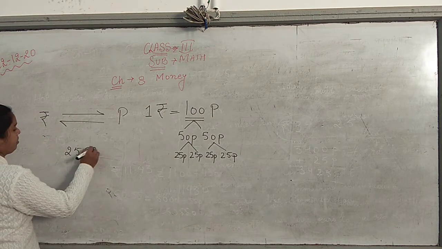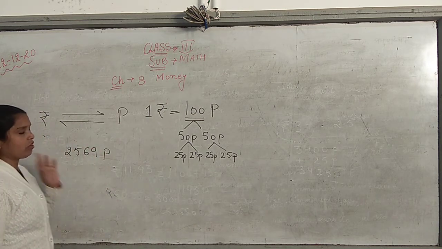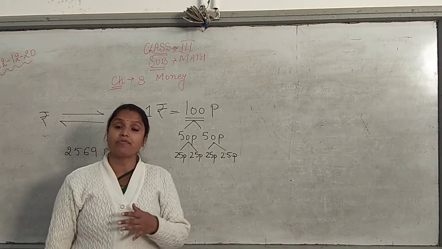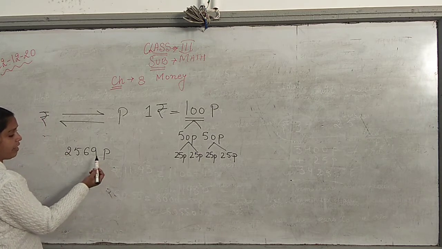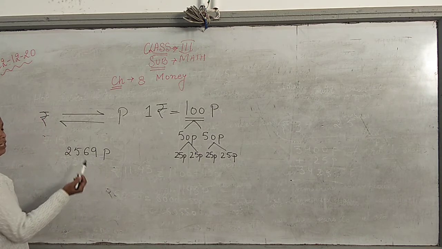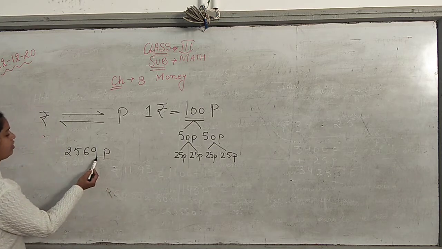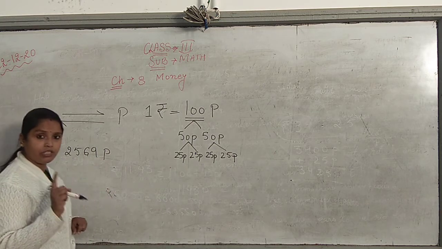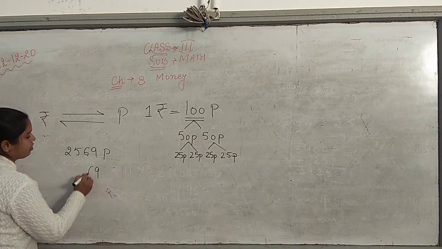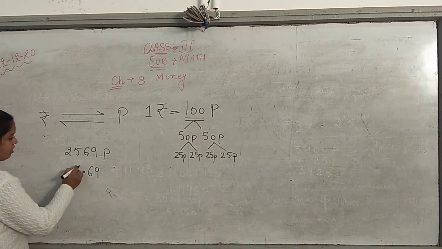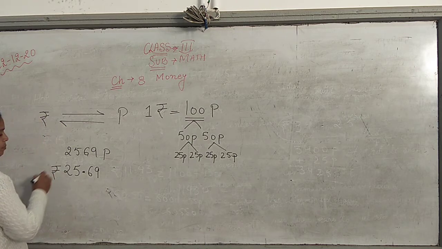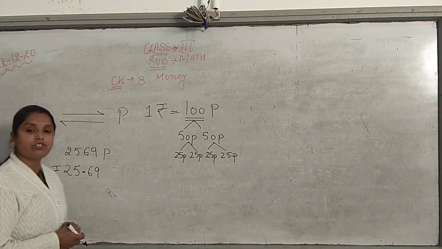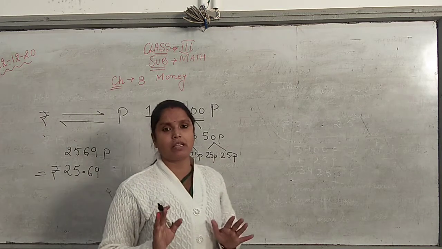Let's have an example. I am giving you an example, 2569 paise. I have to convert it into rupees and paise. So what you will be doing? Counting from the right side. This is my right side. Counting two numbers from the right side: 1, 2. I have counted two digits from the right side, and then put a point. Rest of the number digits same. Write the symbol of rupees here. This is converted now. It is changed. What I have done, it's a very easy method, children.